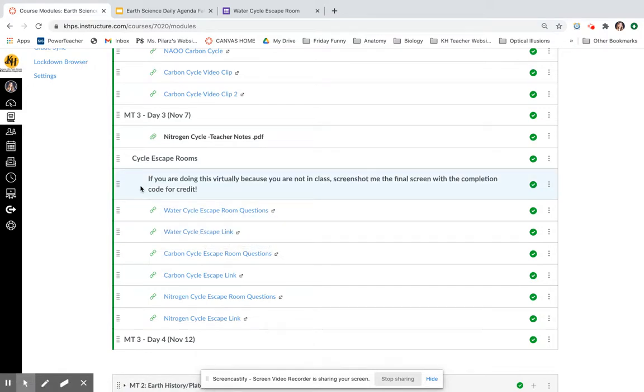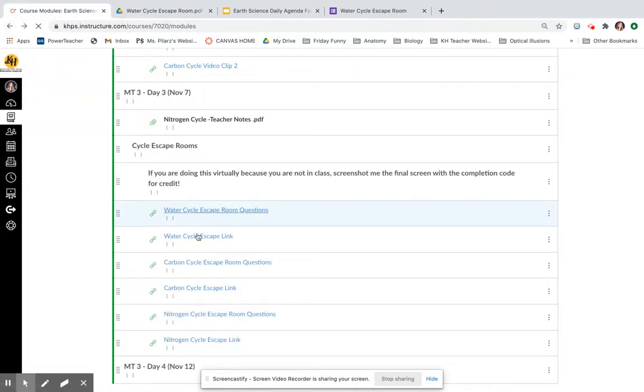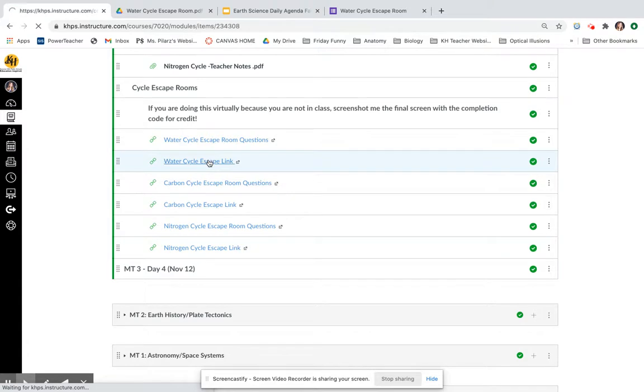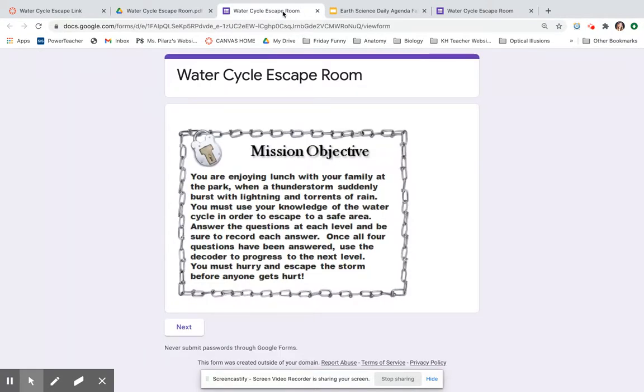Just what it says here, if you're doing this virtually, because you're not in class, you're going to end up screenshotting me the final screen with the completion code at the end of the escape room for credit. So go ahead and open up both of those links. I'm going to do the same thing. So I have my questions, and this is going to bring you to a PDF that I have embedded through Google Drive. And then you're going to have an escape room Google form here that you're going to fill out